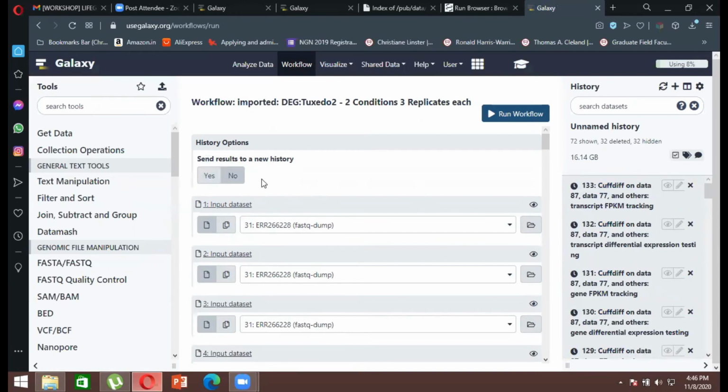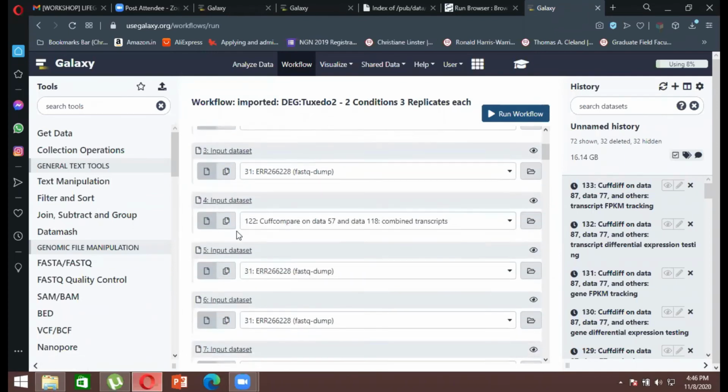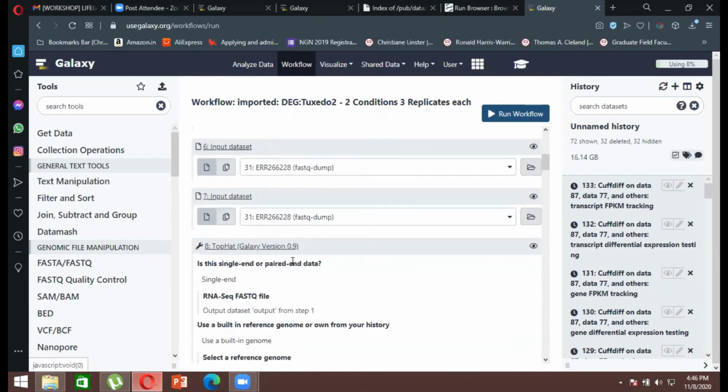So I've already saved my data sets. And then you can see your different kinds of data sets over here, right? This is the FASTQ dump format, all the different kinds of data sets are there. The Cuffcompare data sets. So these are nothing but the nodes and internodes that we saw before. That is only what we are going to see here, right, in the final format.